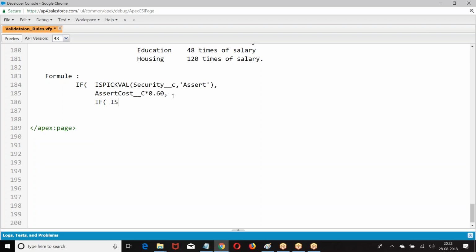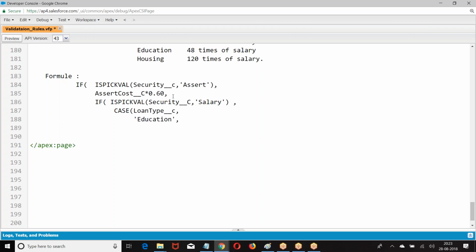So I am giving if is equal of, if it is salary, if salary, then check out loan type. Education.